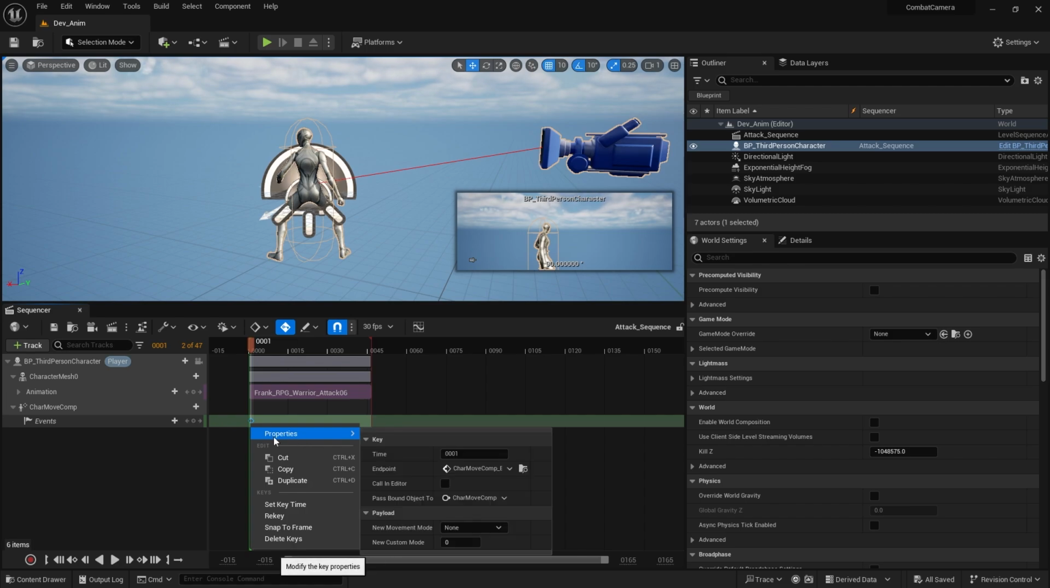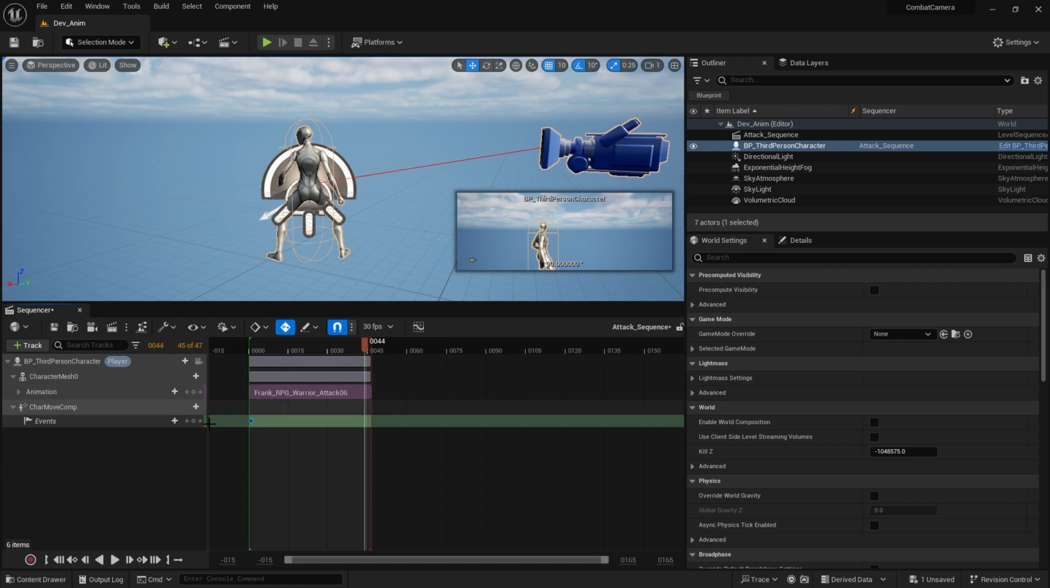And as you can see over here, we're going to pass over a payload. And the payload is what movement mode you want to use on this key. So I'm going to change this to flying. I'm then going to go to the end here. Add another key,